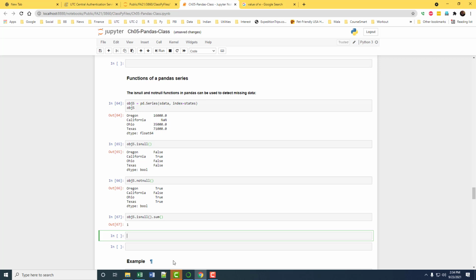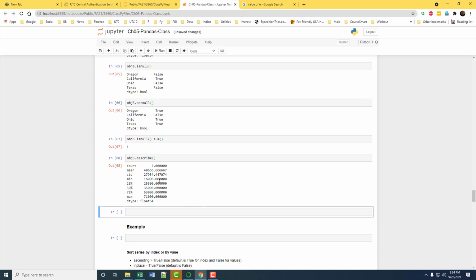Another useful function is describe. When you do describe, it gives you basic descriptive statistics for the series, and when we get to data frames, we will do it for every column.